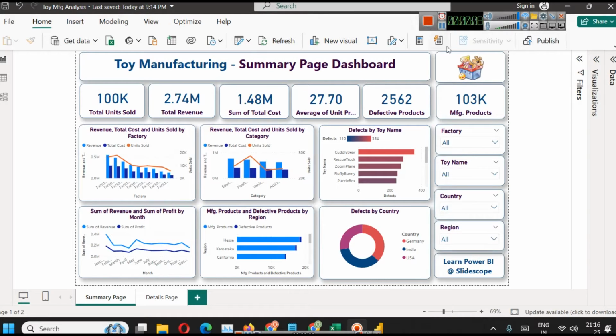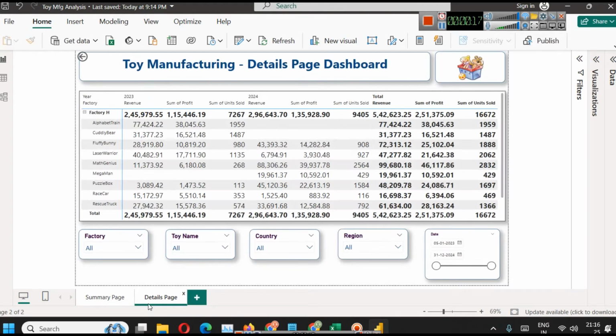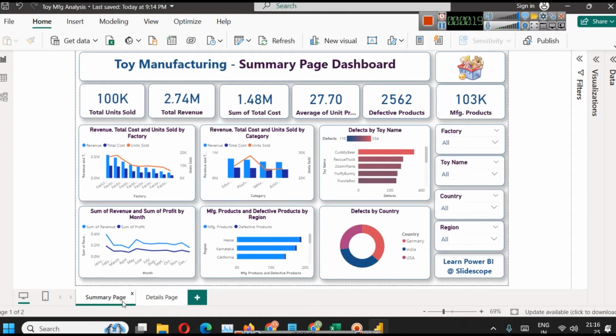In this part, you will learn how to create a simple toy manufacturing company's summary page dashboard and a details page dashboard. In the summary page dashboard, we have information of different factories that are manufacturing toys like Alphabet Train, Cuddly Bear, Fluffy Bunny, etc. And obviously, in the summary page, we are seeing information: total units sold, revenue, sum of total cost,